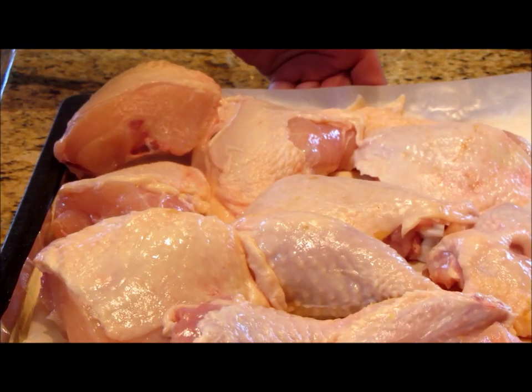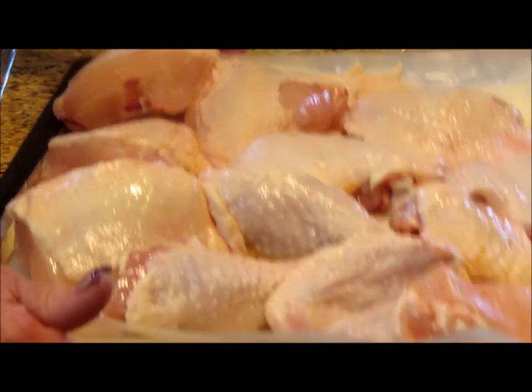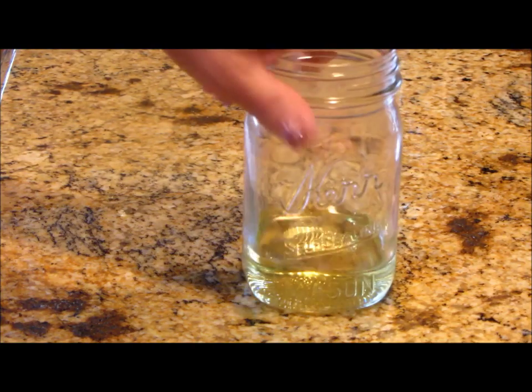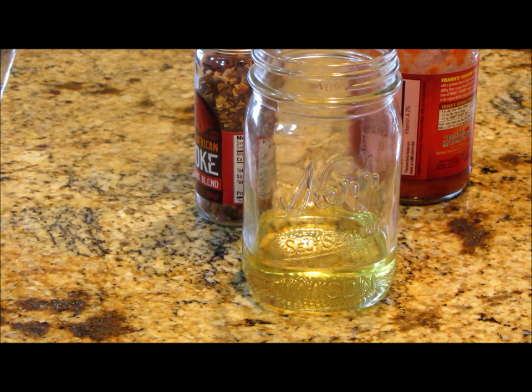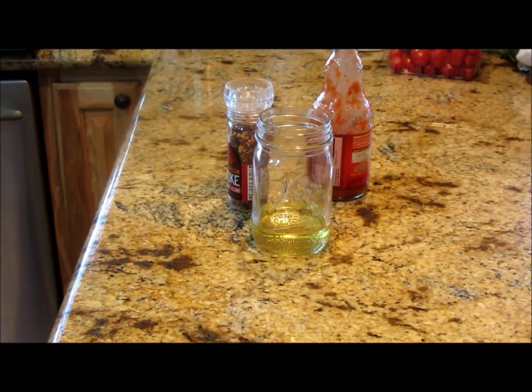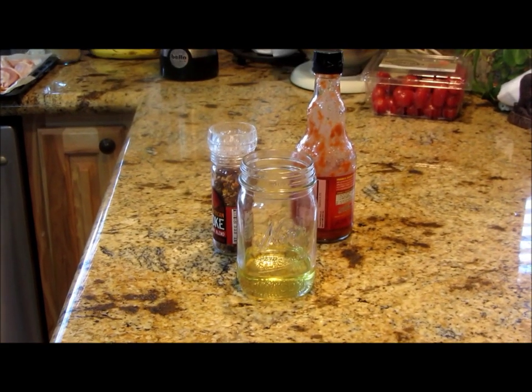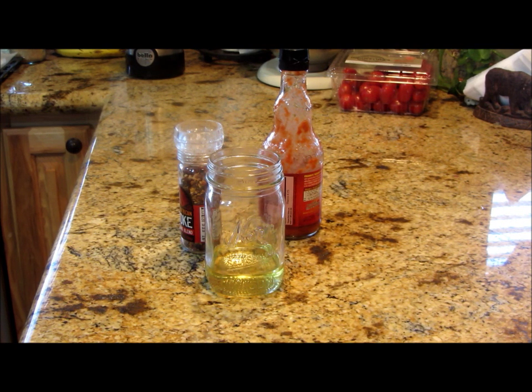I've got my tray. Look how beautiful. You know what? This was so easy to start. And now what I'm going to do is, ooh, I'm not liking her barking. Right now I've got some simple ingredients. And I guess you can't see that. So, maybe she'll stop barking. She got put in the kennel because of jumping in the garden. We have to break her of